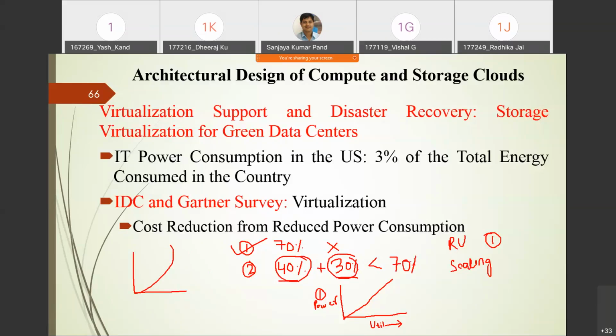The 70% server consumes more energy because if the utilization increases, the power consumption also increases in a drastic way. In that case, the second solution is better in comparison to the first solution.